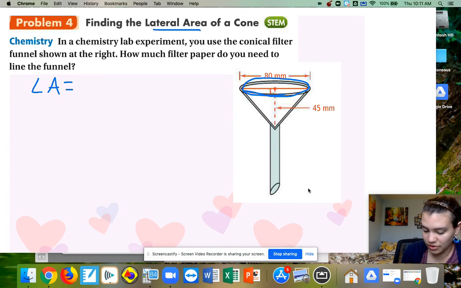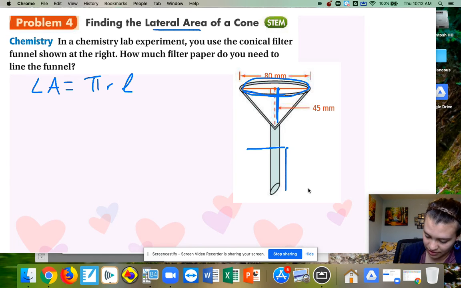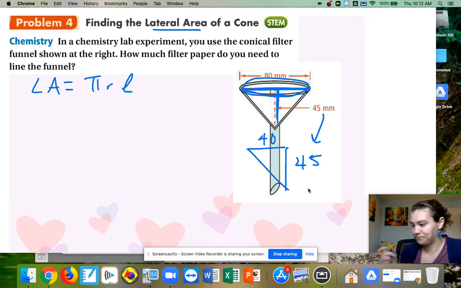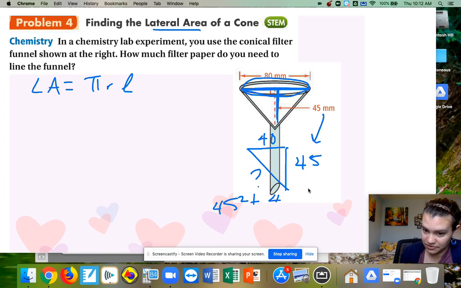This is a cone, so pi times the radius times the slant height. Here it gives us the actual height again, so we're going to do the Pythagorean theorem. So I redraw this triangle here. You have 45 coming from this. 80 is all the way across, so we have to have 40 to get the radius or half of that. And then we're looking for the slant height. So 45 squared plus 40 squared has to equal our slant height squared. You'll get